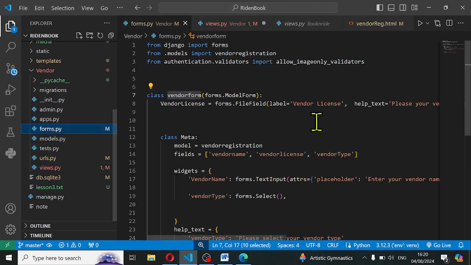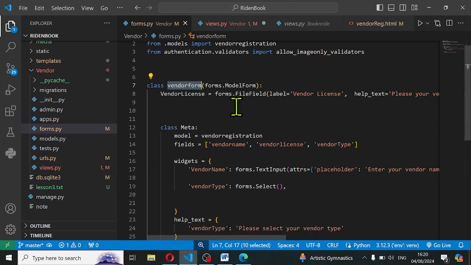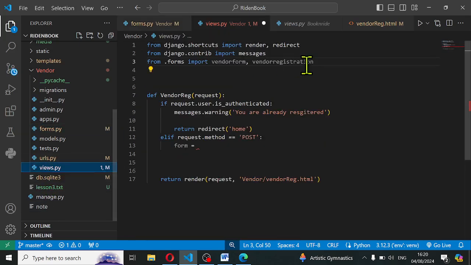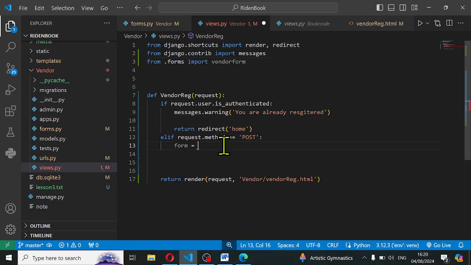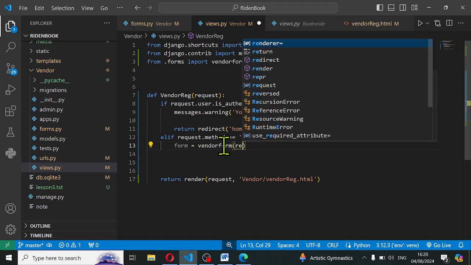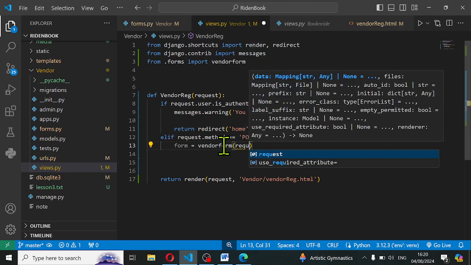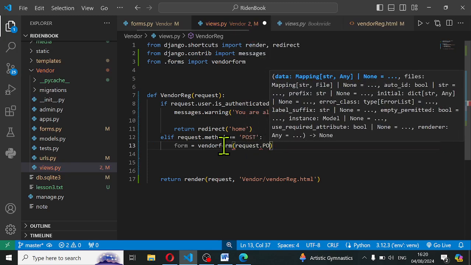If I go back to my forms, this is VendorForm. I just have one form here, so go back, remove this. Form equals VendorForm, then request.POST,